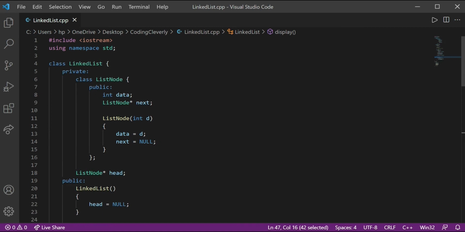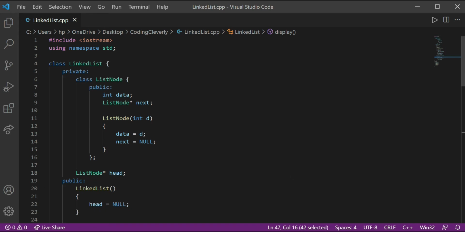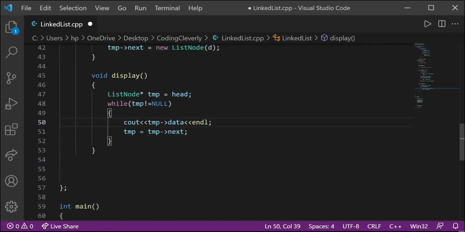So if you didn't watch that video, I encourage you to click on the card on the top right corner and go watch that video before heading into this one, because this video is going to be an addition to the linked list, and what we're going to do is add additional functionalities to our already built linked list. Alrighty, so now let's take a look at our first member function that we're going to be designing today,